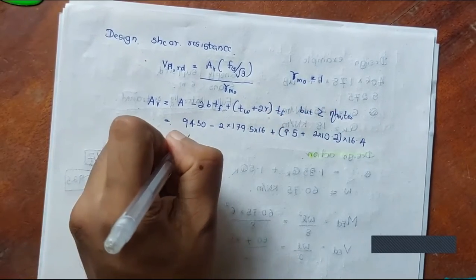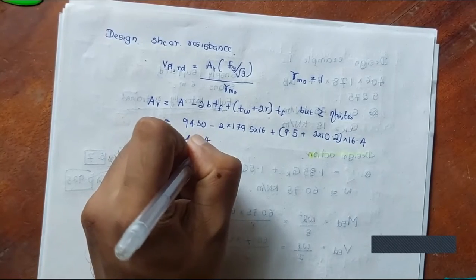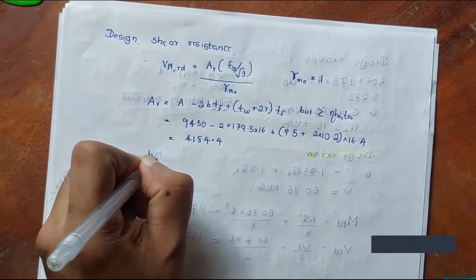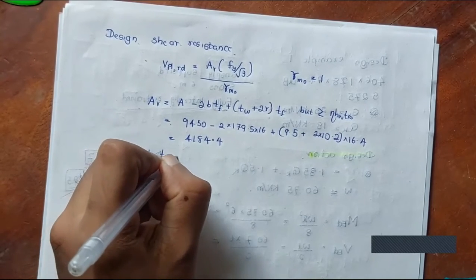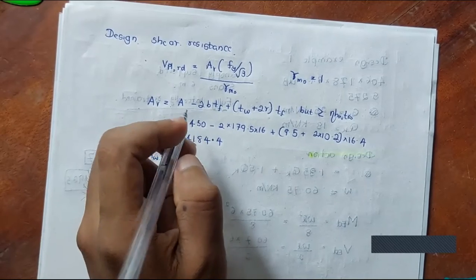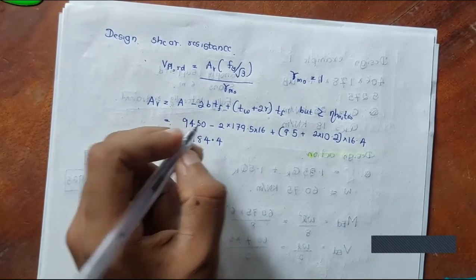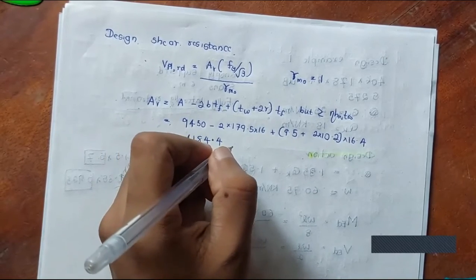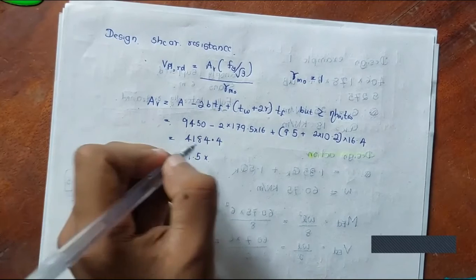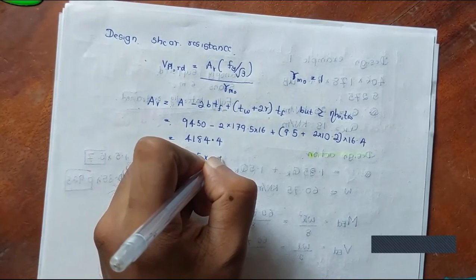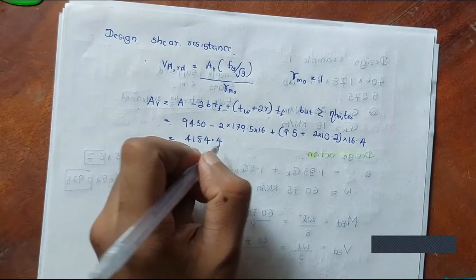So this is going to be 4184.4, right? And the hw tw is 9.5 into